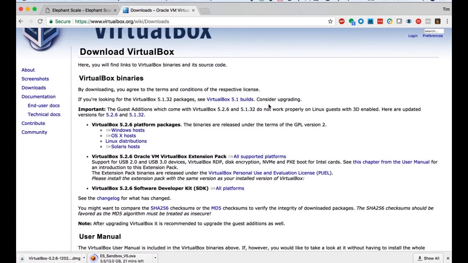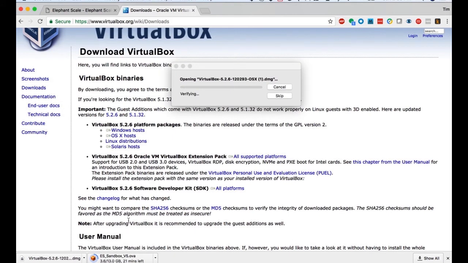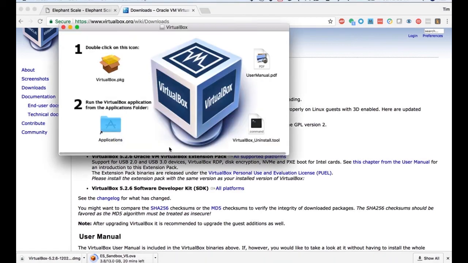Okay, so VirtualBox is now downloaded. The installation will depend on your platform. I know a lot of these users are going to be Windows users. But for the installation, we can just go ahead and open that. Notice here that it's going to start up and install in a way that's appropriate for your OS. For Windows users, that'll probably be using the MSI, or Microsoft installer. Here on Mac, I'm going to load the DMG and then install that.